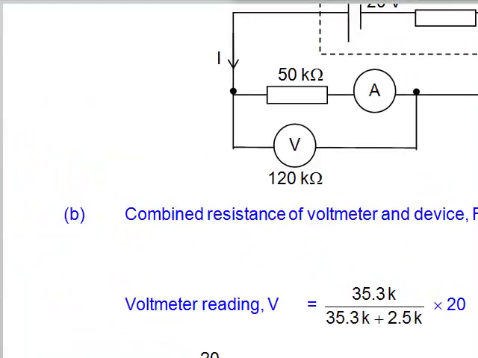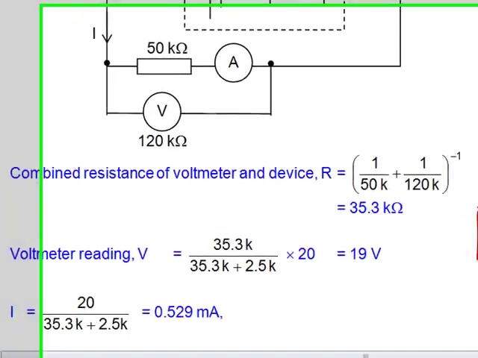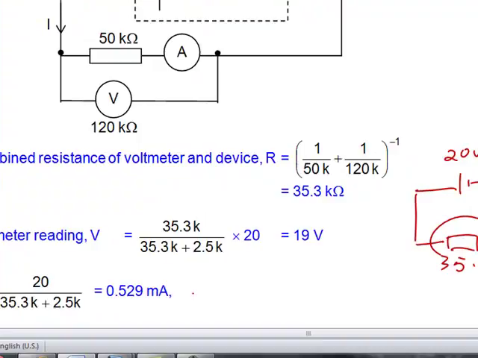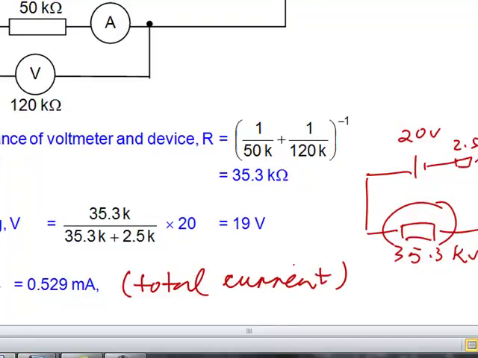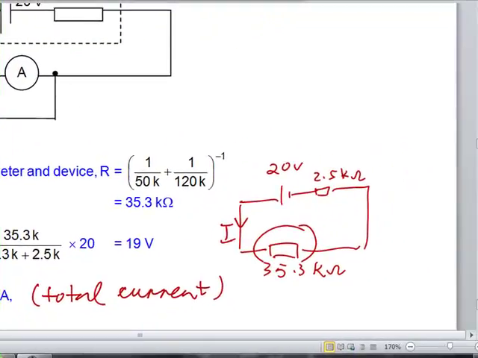Now this current is actually the total current through both. This is the total current, not the current through the resistor. This is EMF divided by the total resistance, or this current that I write here. 0.529 milliamp is the total current flowing through